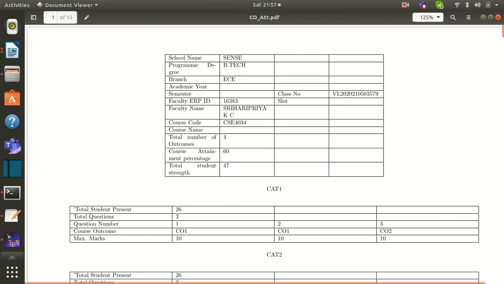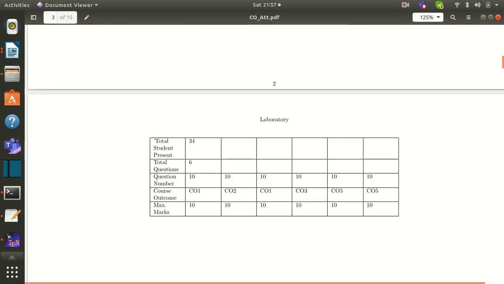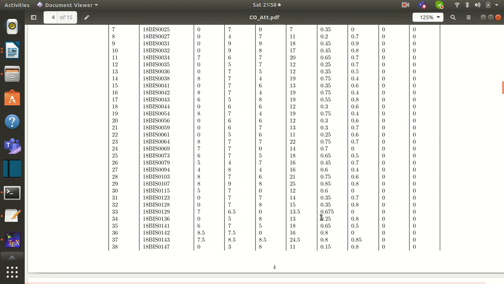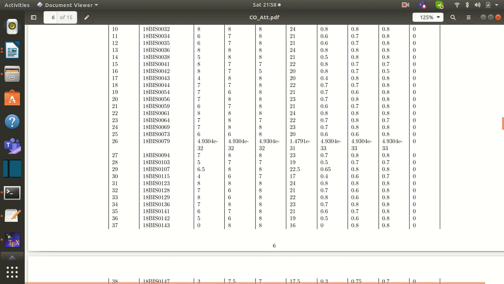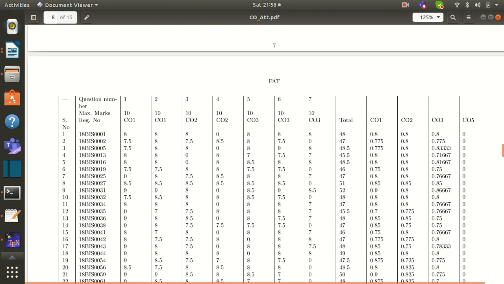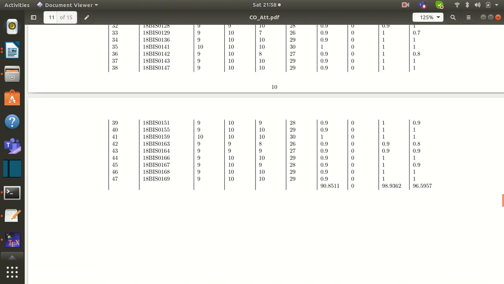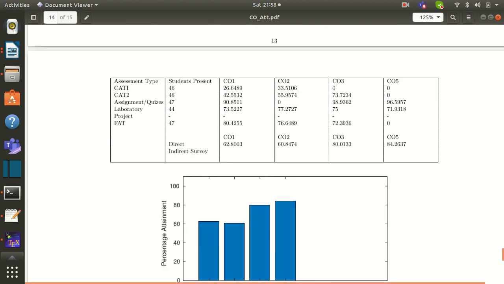We can see the new entry. There are 6 assessments here. It's a modified one now. And wherever is absent will be replaced by a very small number, something around 10 power minus 32. So the contribution of that in the computation is very minimum. And this is the final table.